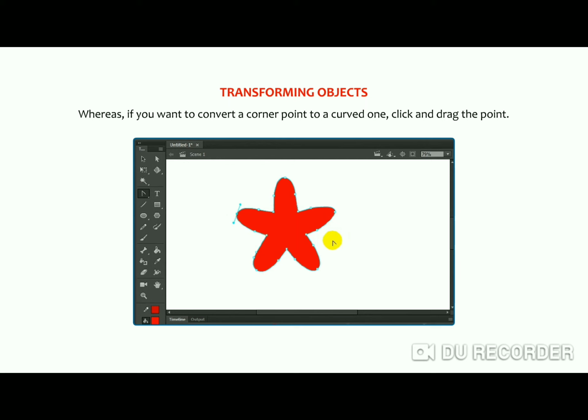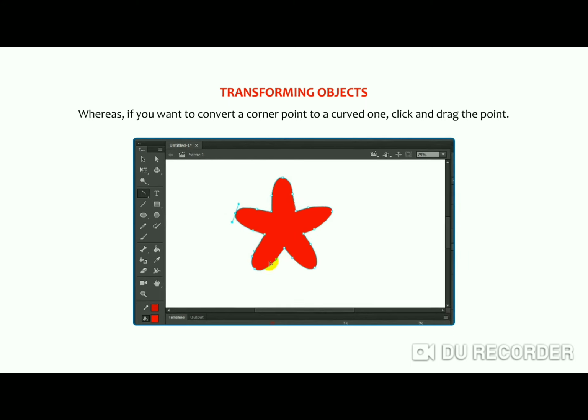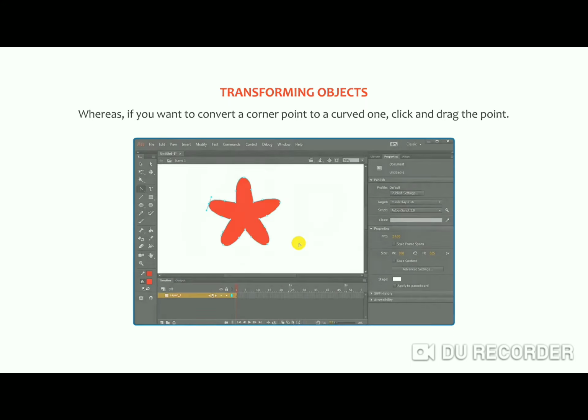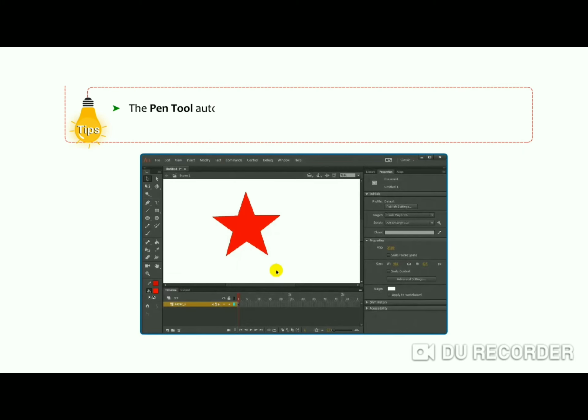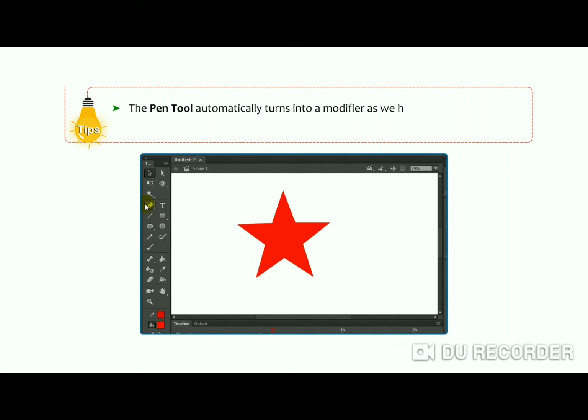So now clear this thing. Now, dear, come to the next one. Firstly, tips are here. You can see the pen tool automatically turns into a modifier as we hover the mouse pointer over a path or an anchor point. Okay. To delete